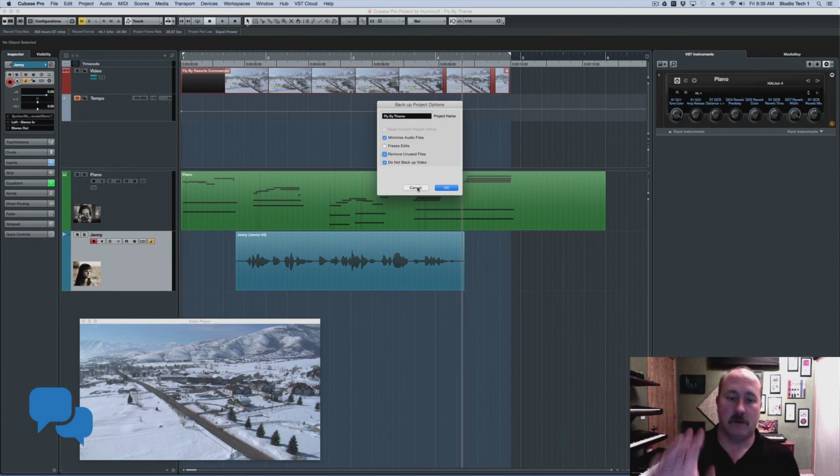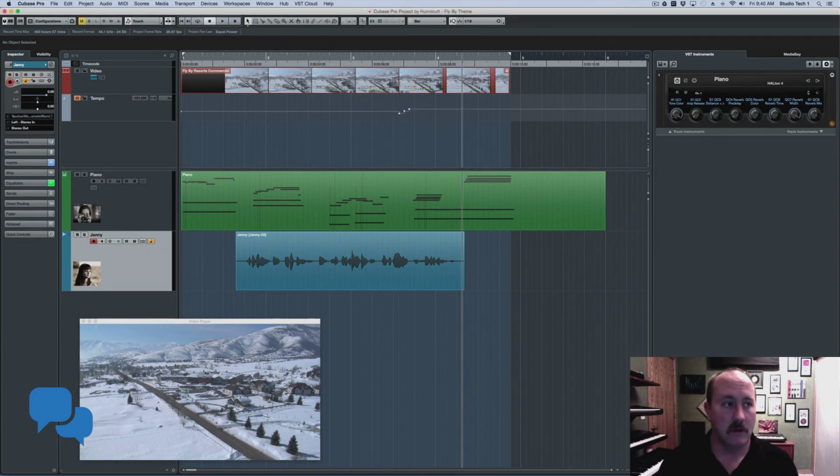But the most salient point here is that when you do this, Cubase is smart enough to go into that massive junk drawer folder, pull out just the stuff that pertains to this project, and it's going to write it into the new folder. And if you had to untangle what I call the junk drawer system, just open your projects one at a time, back them up to a clean location, a new external hard drive or whatever you're doing. And at the end of that process, everything will be neatly compartmentalized within folders